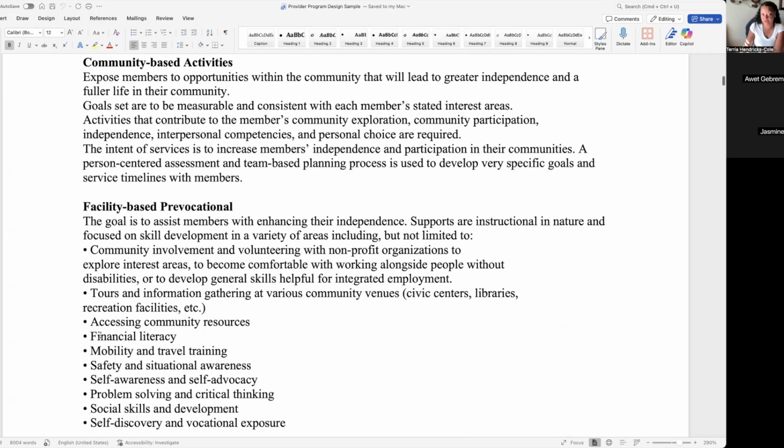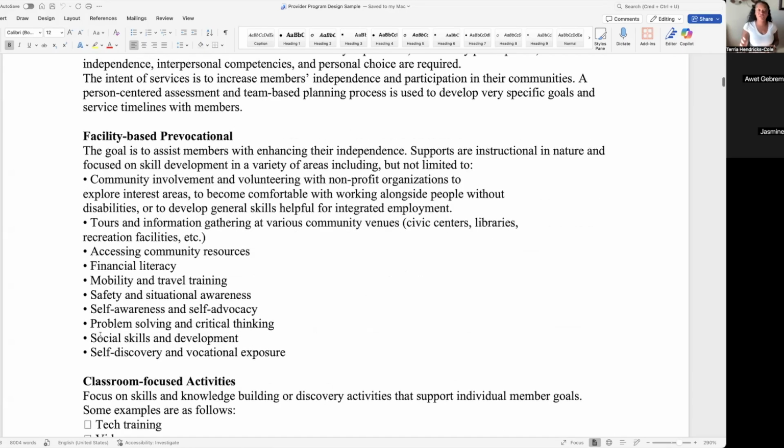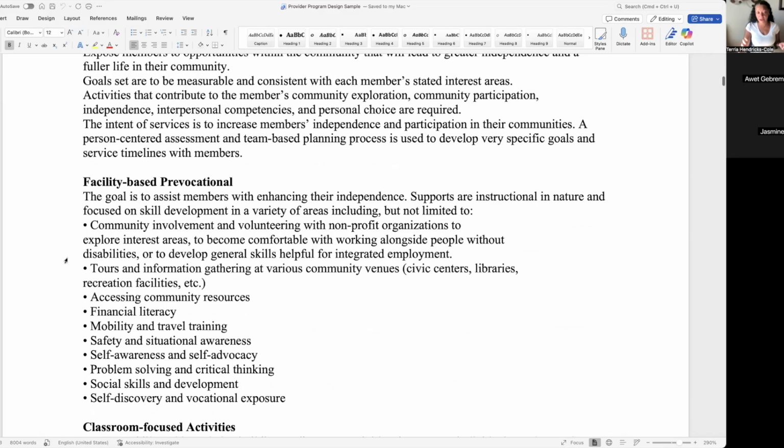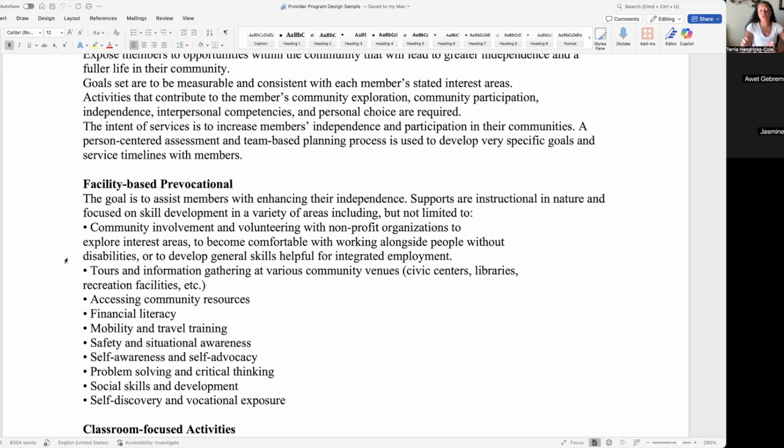So next we have pre-vocational. Pre-vocational is a service that a lot of people do not offer. It's essentially job training services. So you are teaching your clients how to get a job in the community. They're building resumes, learning job interviewing skills, and searching for jobs online at your site. They're doing mock interviewing, and volunteering, where you're actually taking them to places where they can volunteer on site to get that work experience.